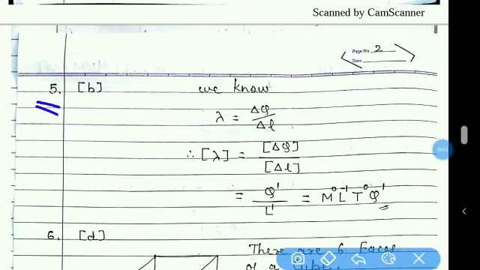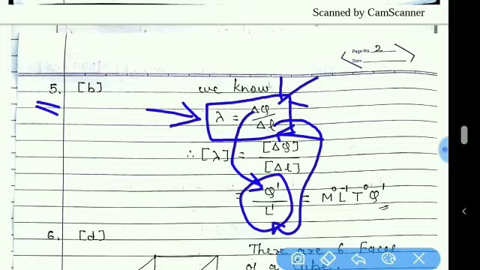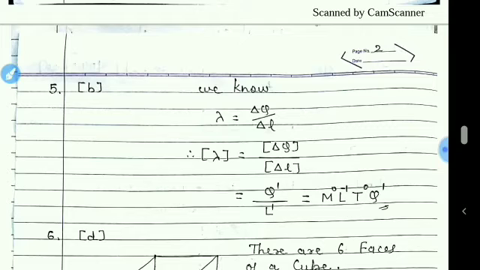Now number 5, the dimensional formula of linear charge density lambda is to be obtained. We know that the formula for lambda is Q upon L. Now Q, its dimensional symbol is also Q, and length, its dimensional symbol is L. So Q upon L. Finally, writing this in terms of all the dimensions, we can write M, L, T and Q.